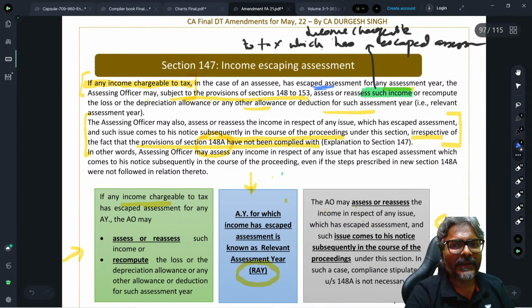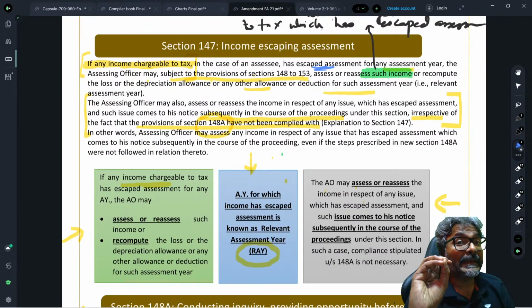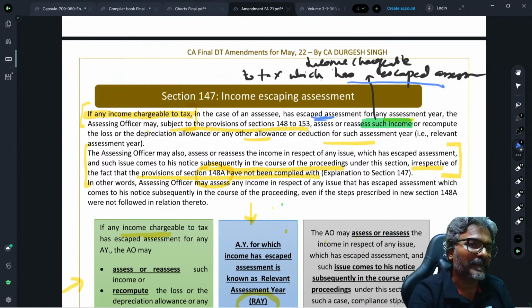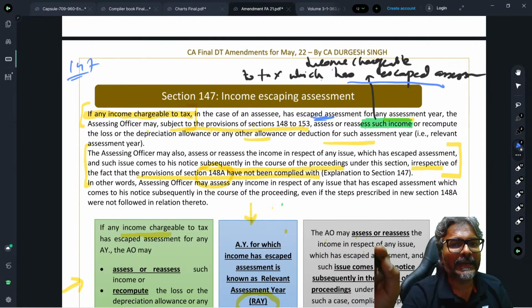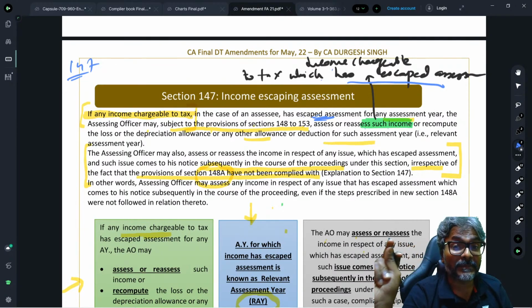Okay, shall reassess such income or recompute the loss or depreciation allowance. So if any income chargeable to tax has escaped the assessment, please use this particular phrase in 147. I had this phrase for 147 for tomorrow's examination. Please write it 2 times. If any income which is chargeable to tax has escaped the assessment, then the AO shall